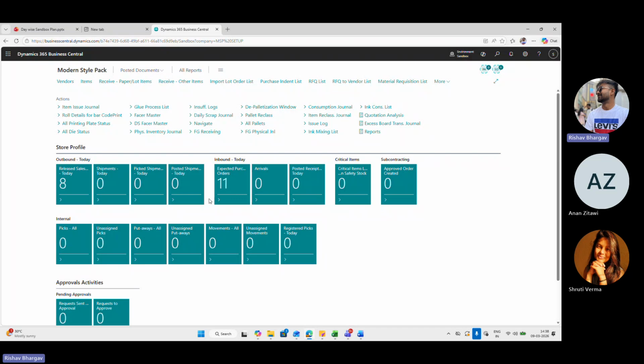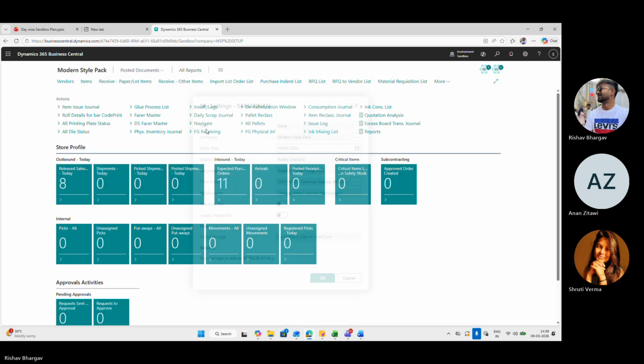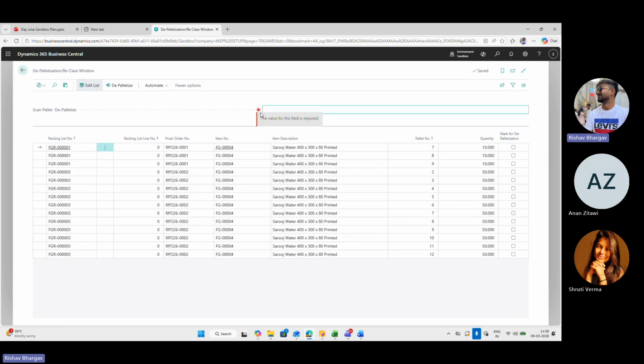So this is my store role profile. Here you can see the role is store. This is the store role profile where we can find the depalletization window. If we select the depalletization window, we can see all the pallets appearing, the list of pallets which we have received.